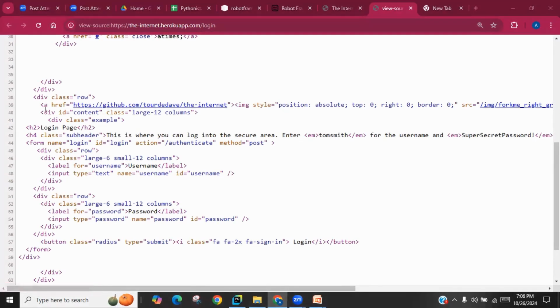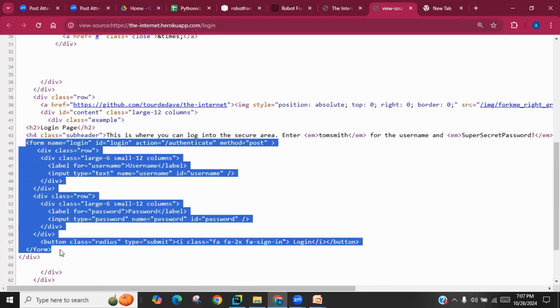So what we have done is we have opened the page which we have to test. Sorry, there is some screen distraction. This is the login page, and there you will see the form tag. This is the form, and inside the form you have